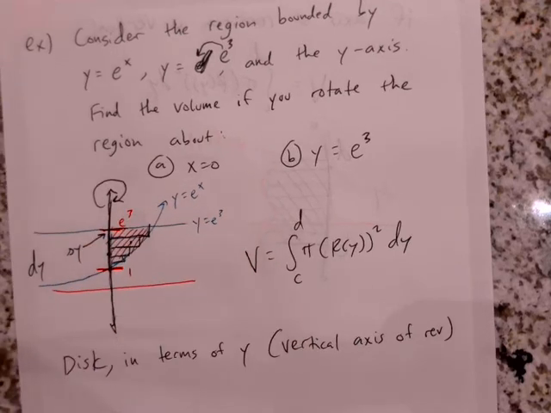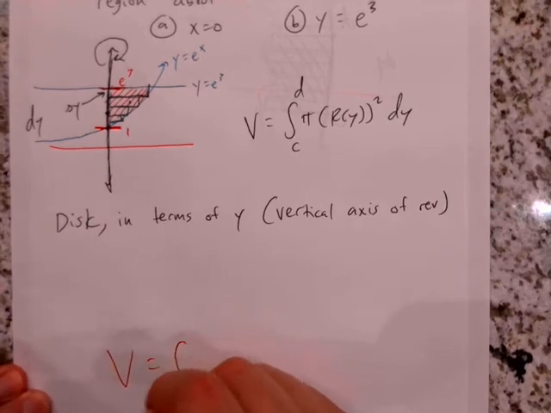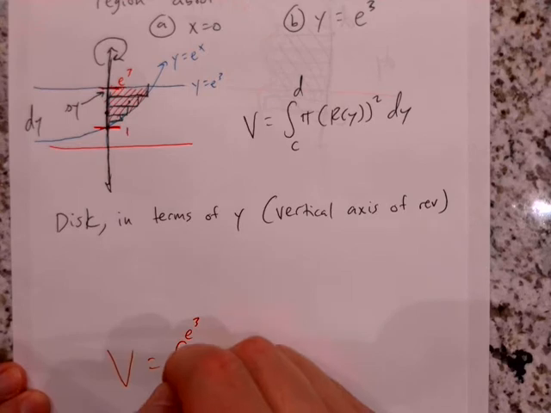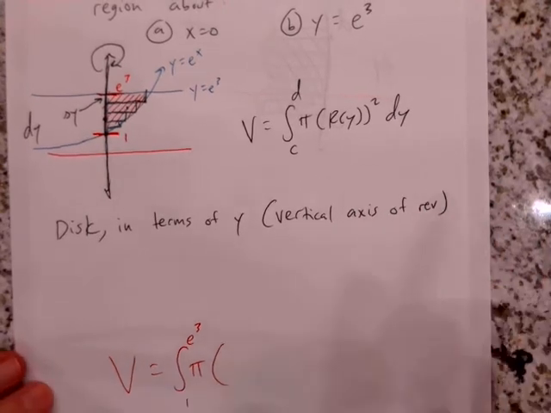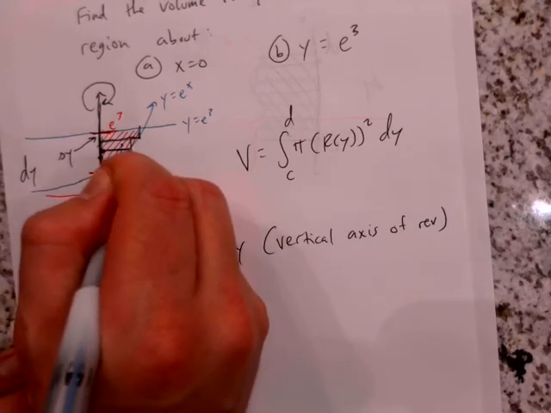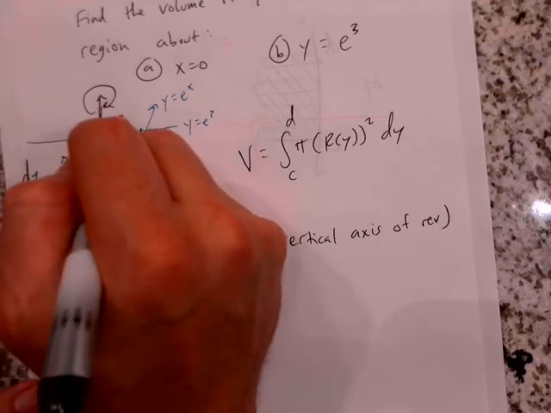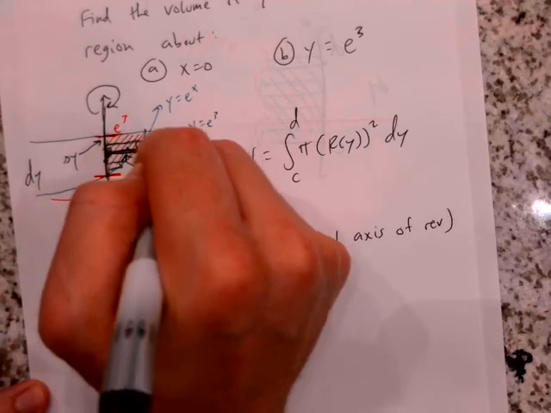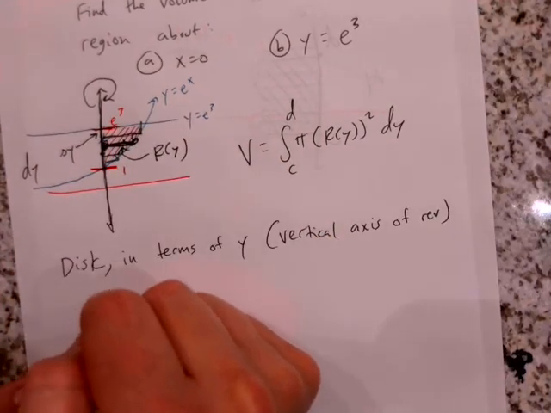So the volume is going to be the integral from 1 to e cubed of pi times r of y. R of y tells you this distance right here. What is the radius of each of these rectangles? This distance, that is r of y. And when you're in terms of y,